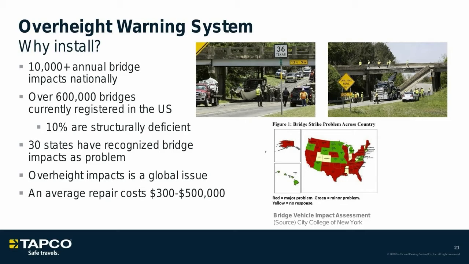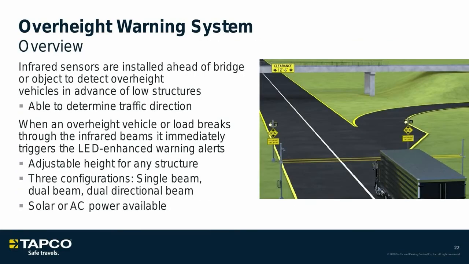So again, if you have any questions about this, we can discuss it. But here's an overview of how this works. I'm going to put it in layman's terms for you. What we do is we design a system with infrared beams that are either directional or just a one-way beam that is going to be pushed back in front of a bridge, depending on the layout of that road. So we have a two-pole setup that is going to have the beams on them, a controller on each side, whether that's solar or AC power, placed in an area that allows an overheight vehicle to be detected,